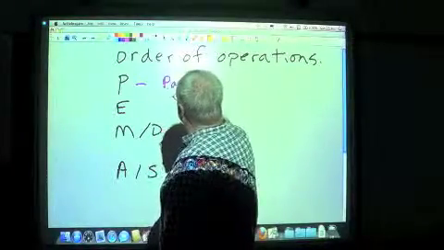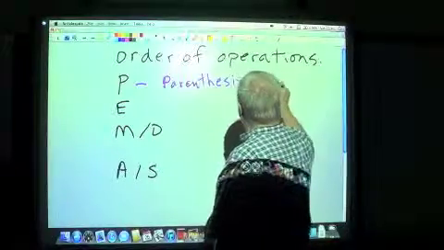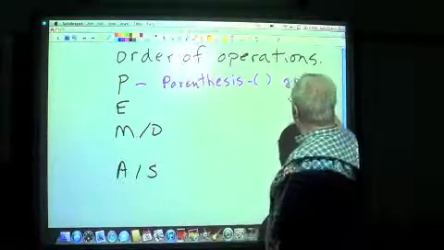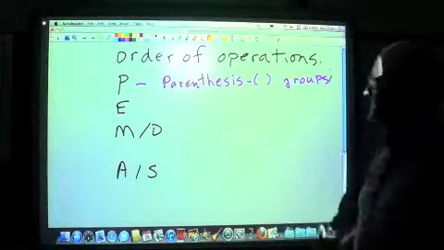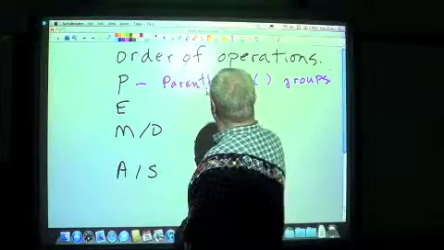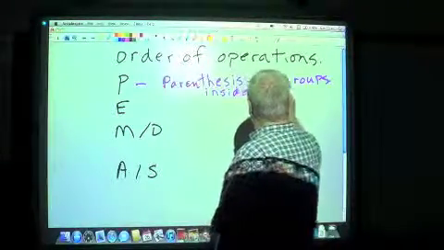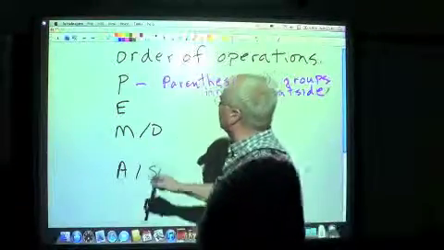Parentheses or groups. Take care of your groups first. Inside out. Do the ones on the inside first. Inside to the outside. Okay? Next,